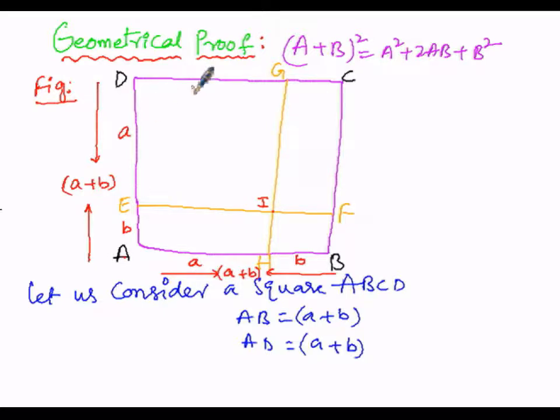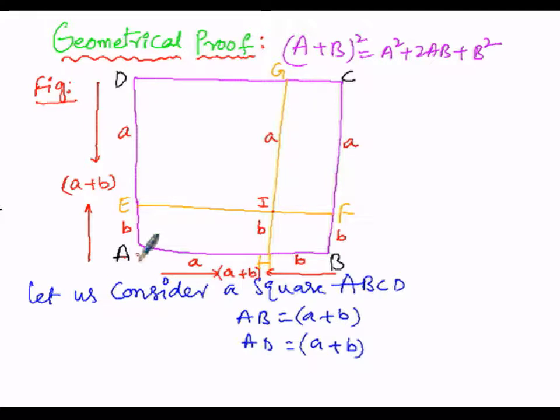Since this is a square, the opposite sides will be equal, all the sides will be equal in this case. So here AD is opposite to BC, and AE is B, so automatically HI will be B units. Then similarly, since it is opposite to BF, BF also will be B units. So ED length will be equal to GI length equal to A, and similarly CF is also A, because all these three are opposite to each other.